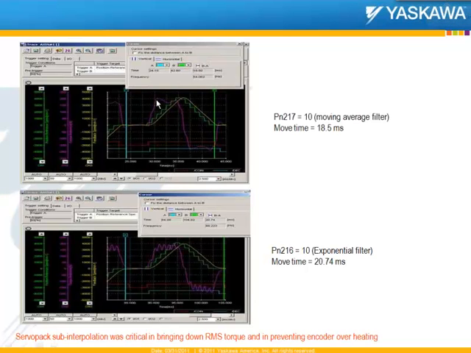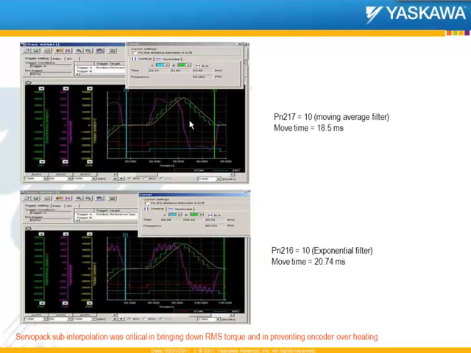And you can see here how the torque profile also gets smoothened out because of linear interpolation being used in the application. One important thing to note here is that this was an MP2600iec application, and you're probably wondering why you see step profiles for the commanded velocity on this application. This is because on the 2600iec controller, the